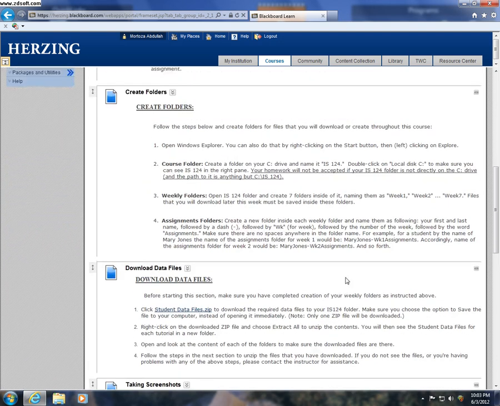The second thing we need to do is to create a folder. As it says, we need to create a folder called IS124 in C drive, and within that we need to create subfolders for every week, week 1, week 2 through week 7, and within each week, we need to create another folder for our assignments. So let's go to